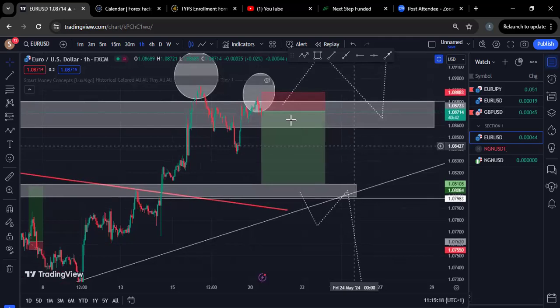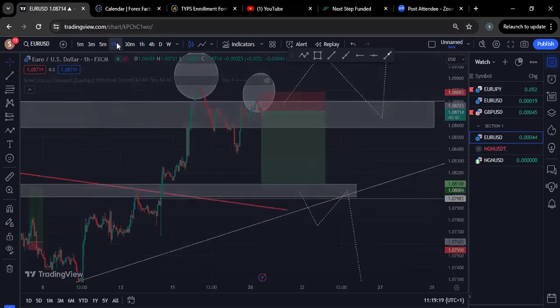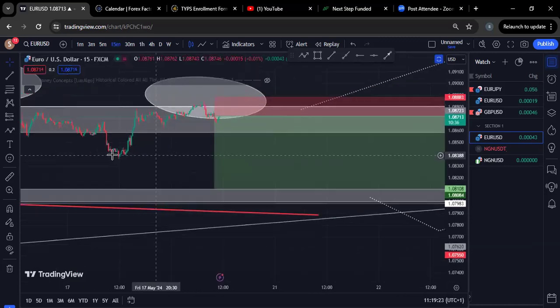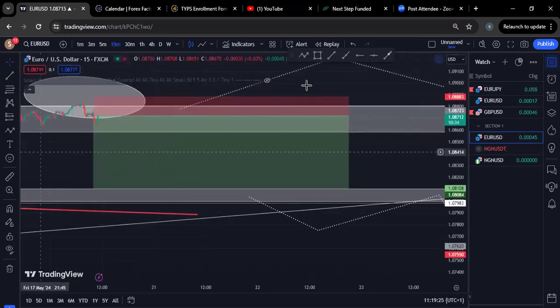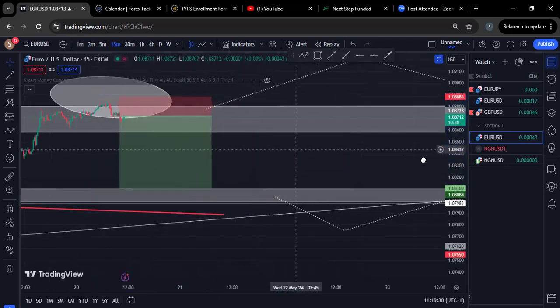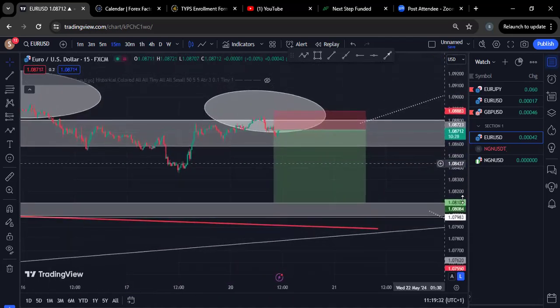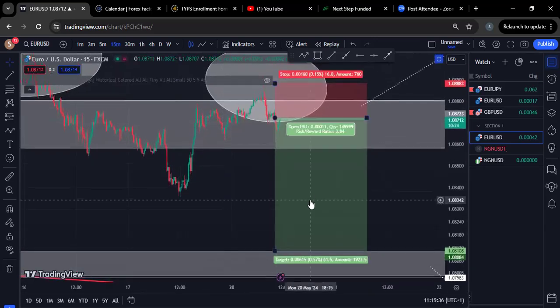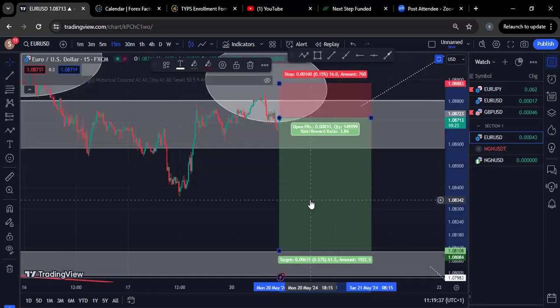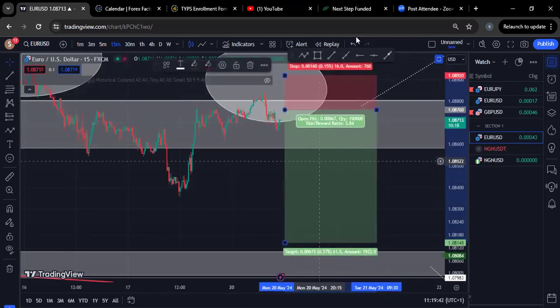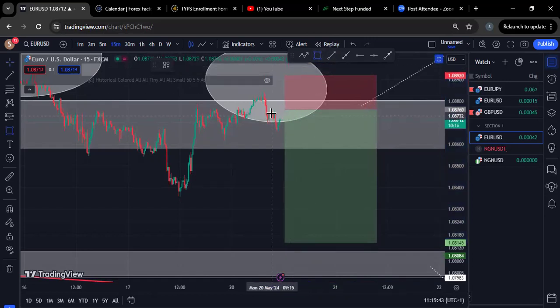So this is what I'm seeing, and the difference is not so much if you go to the 15-minute. You see that? The difference is not so much, except that, of course, you expect this to get wide unnecessarily and everything to just get bogus unnecessarily because it's a lower time frame. So you might also want to consider this for a sell here, or I think I'm even expecting it to get to this particular